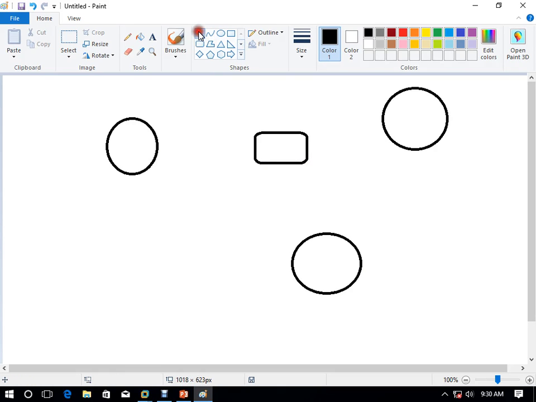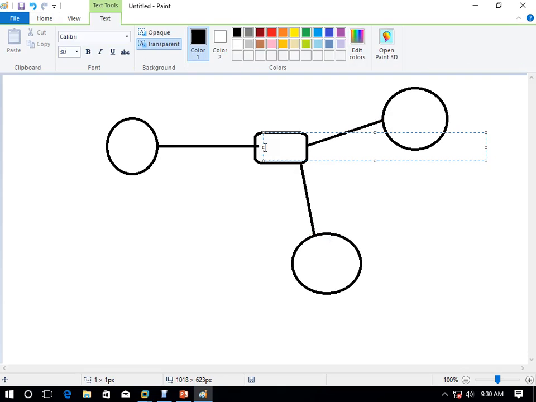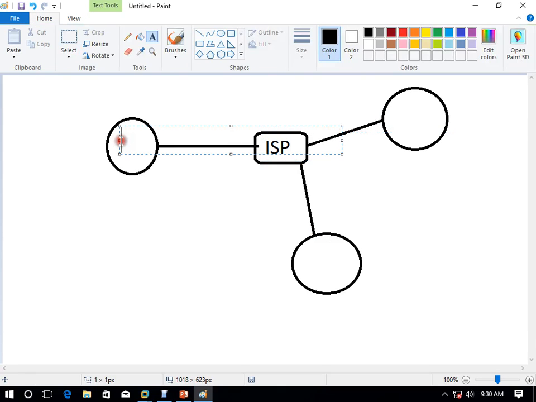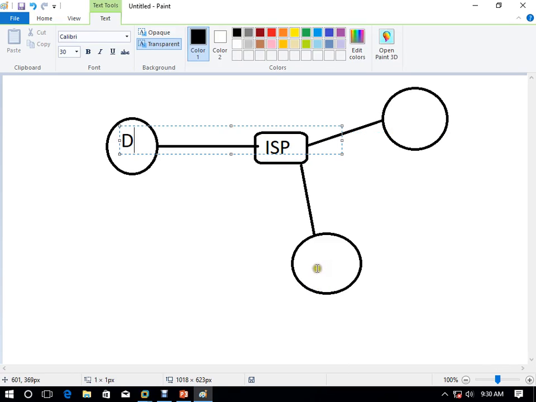together via an ISP, because they are in remote locations, like the Douala branch, the Yaoundé branch, the Bafoussam branch. Here is your ISP. This is your Douala branch, this is your Yaoundé branch, and this is your Bafoussam branch.